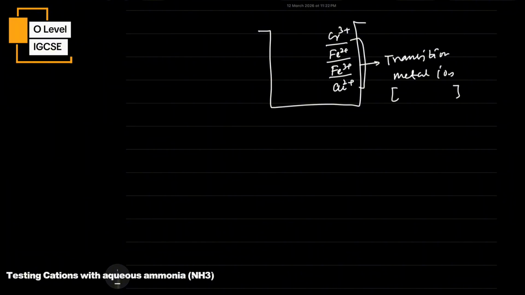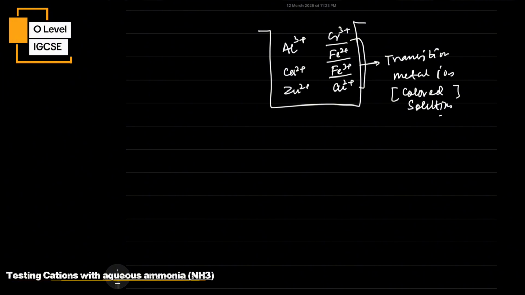Where there are transition metal ions, their solution will be colored. The other ions are white ions, non-transition metal ions: aluminium 3 positive ion, calcium 2 positive ion, and zinc 2